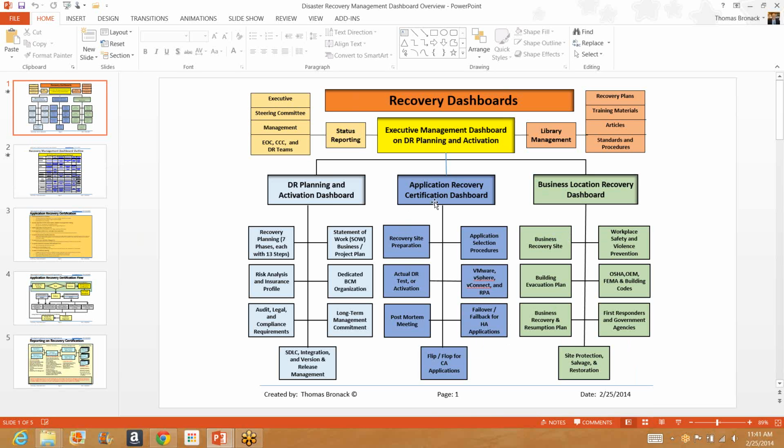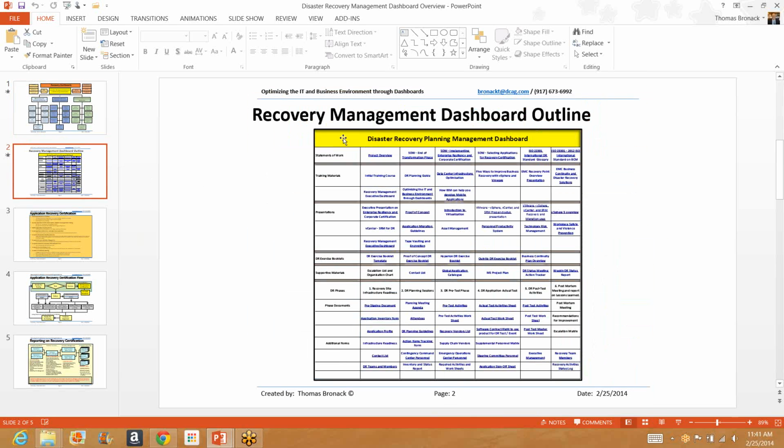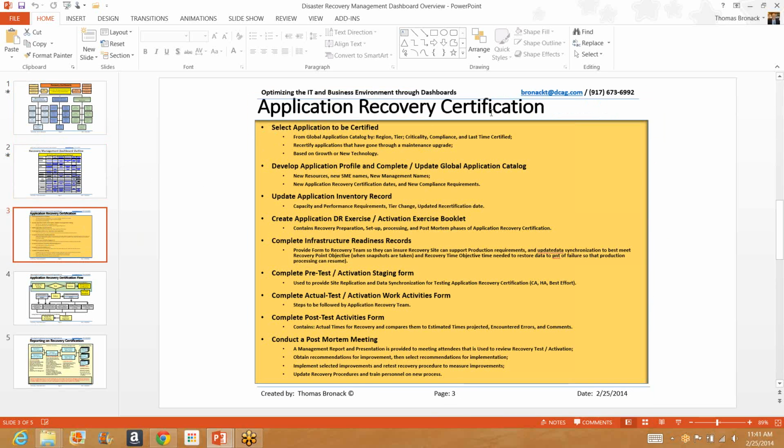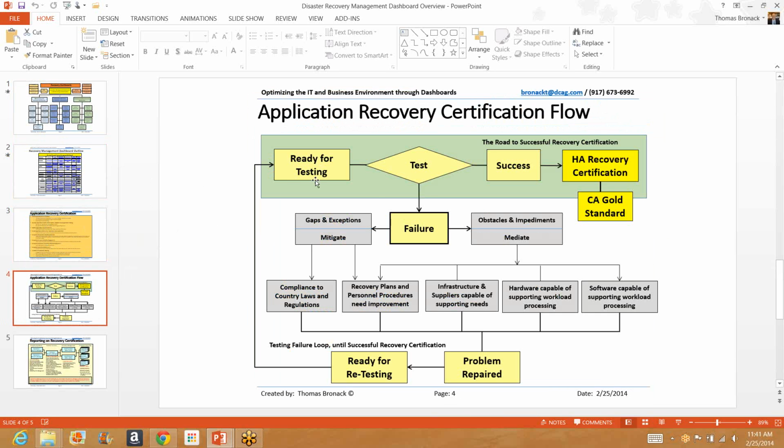On the recovery side for applications, we also have an actual recovery management dashboard, which I'll show you in a second. And we have an application recovery certification process, which basically says if an application is ready for testing, and if it fails, it's either got a gap, an exception, or an obstacle, then they would have to be repaired and then